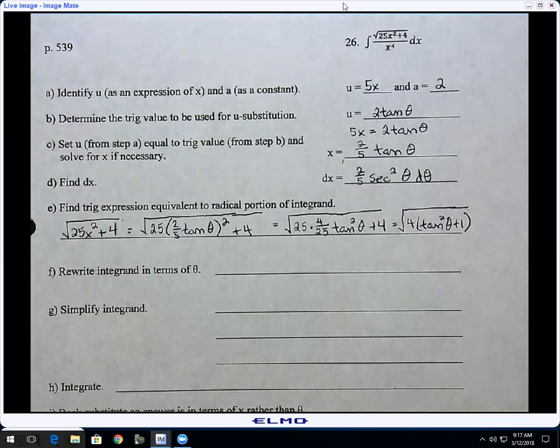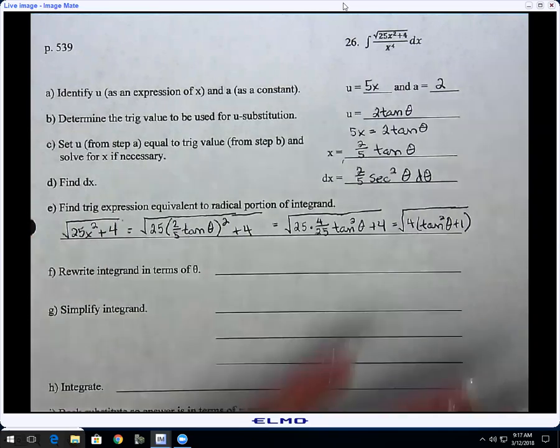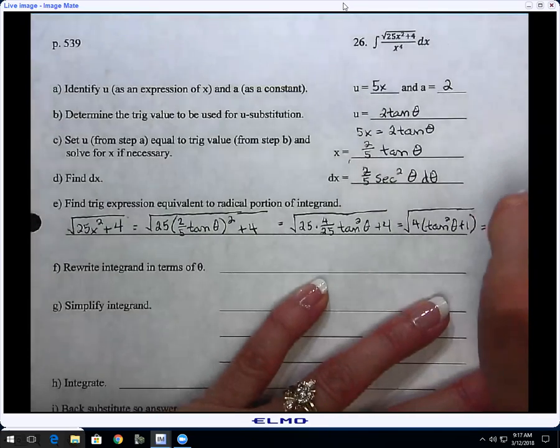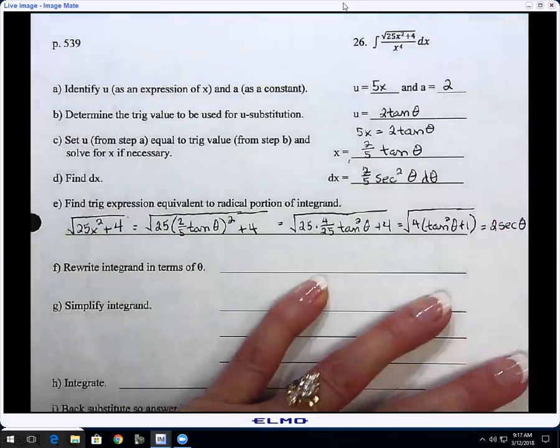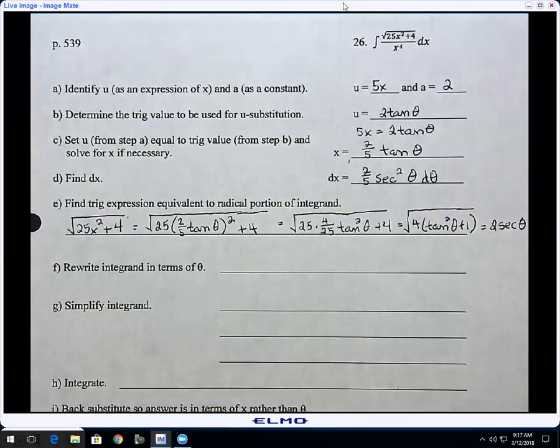What does that clean up to be? And then I take the square root of that, and it's just 2 secant theta. That just cleans up to be 2 secant theta. Now,